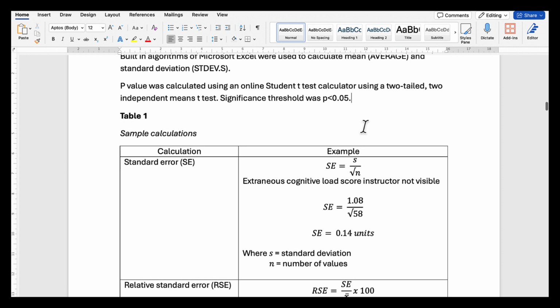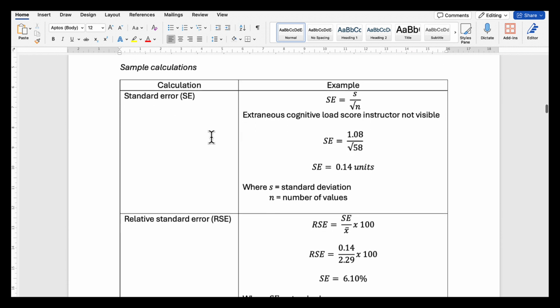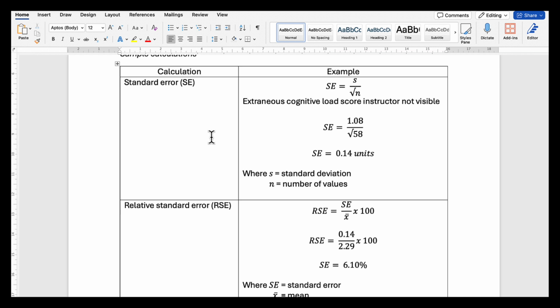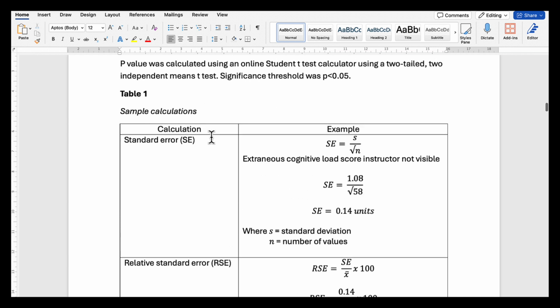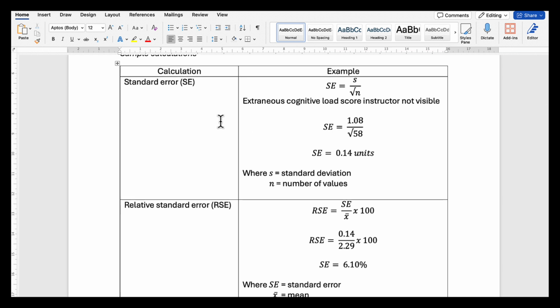All right, so then you need to do your sample calculations table, and so it's worth doing that for anything that you've done that wasn't a built-in algorithm. All right, so a simple table here, and so that's the formula. So I just used that insert